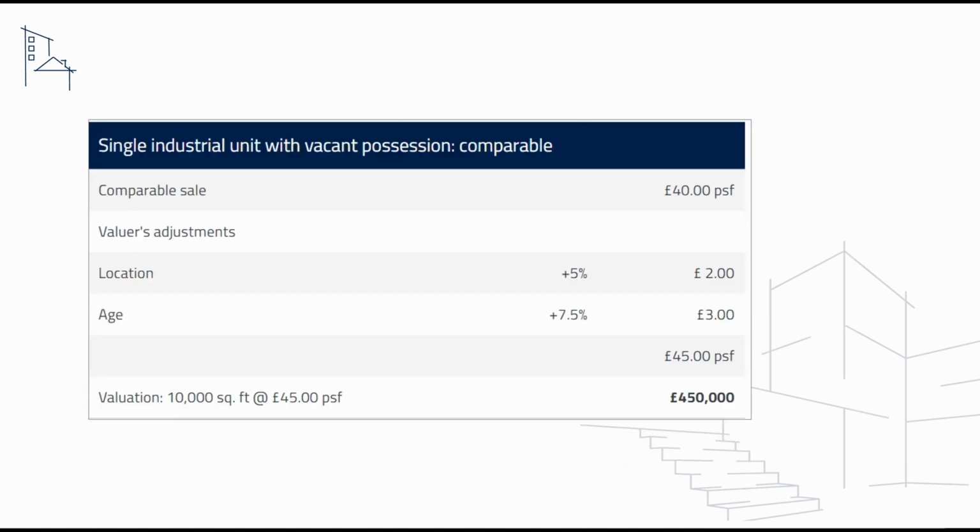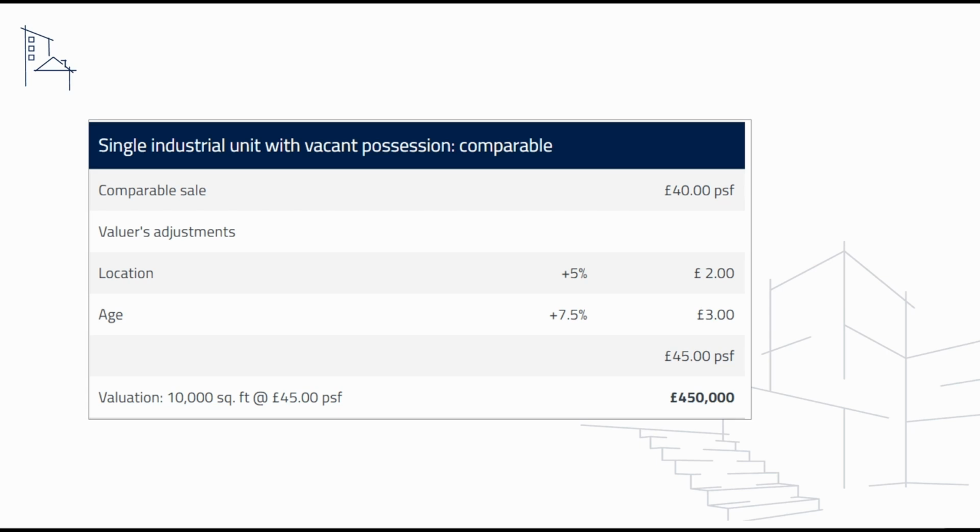In this worked example, the comparable method is used to value a single industrial unit with vacant possession. The property is a single industrial unit of 10,000 square foot which is in good repair and was developed 10 years ago. The unit is currently vacant, and a similar size unit recently sold for £40 per square foot capital value, but it was around 15 years